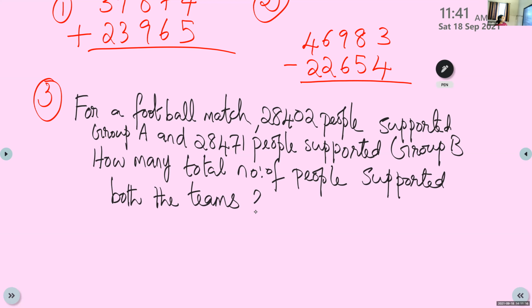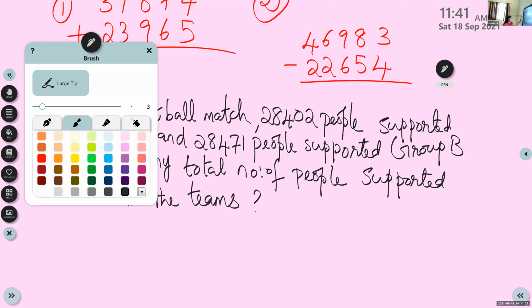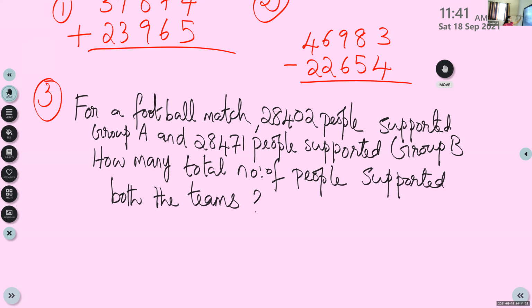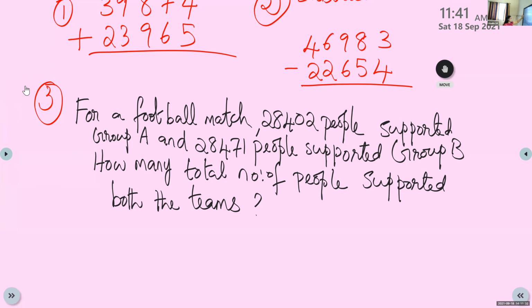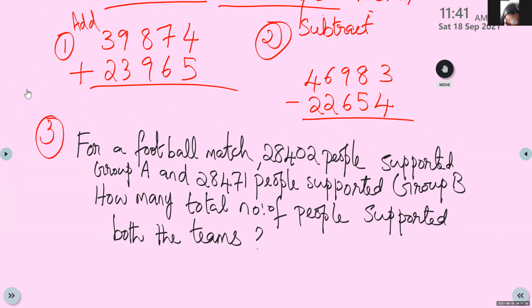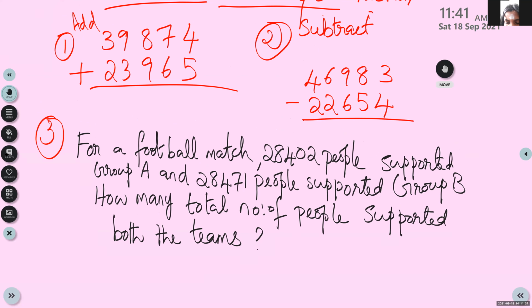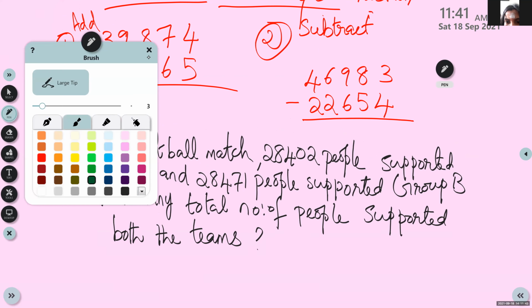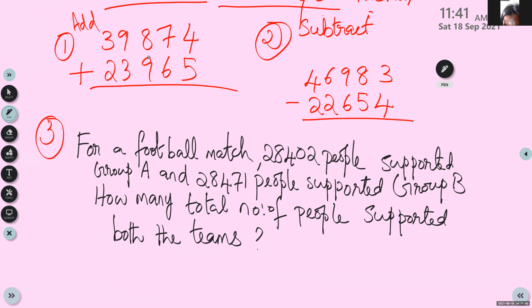Okay. So question number 1, question number 2, you have to write. Then question number 3, write the answer. There is a word problem. Try to understand the word problem. Then what you have to do? Write the answer with steps. We'll discuss the answer of question number 1 fast. Children, try to do it faster.